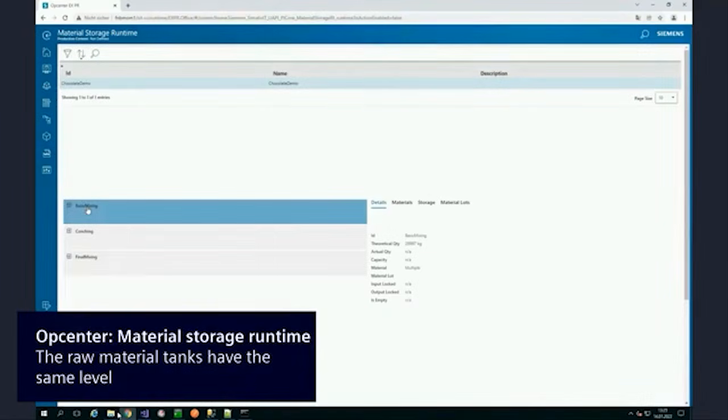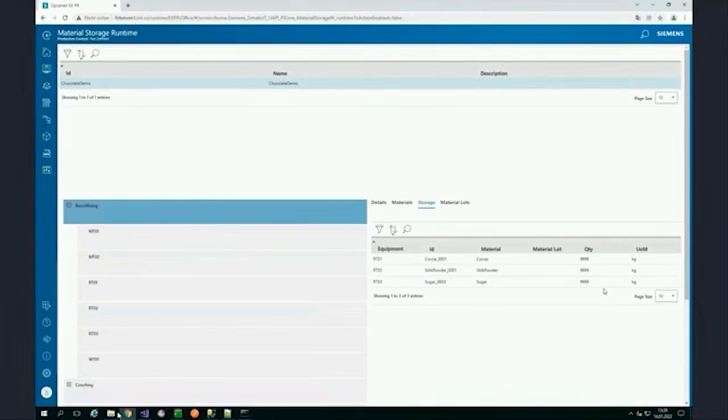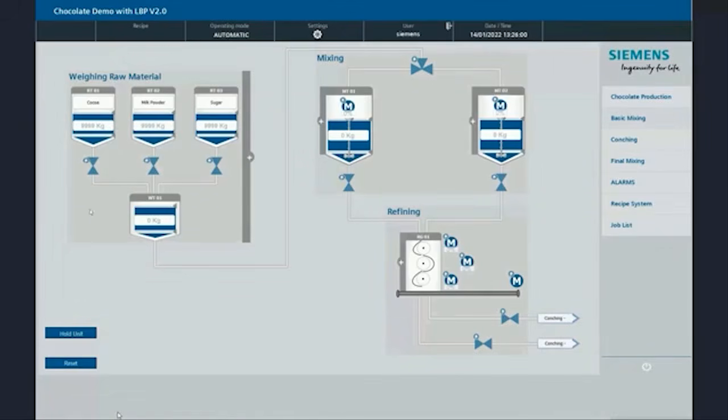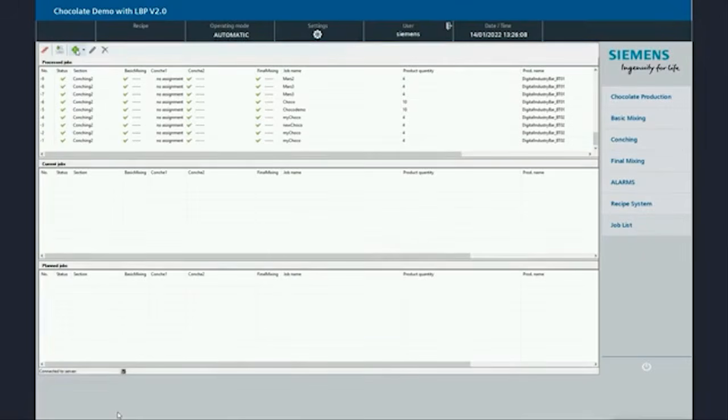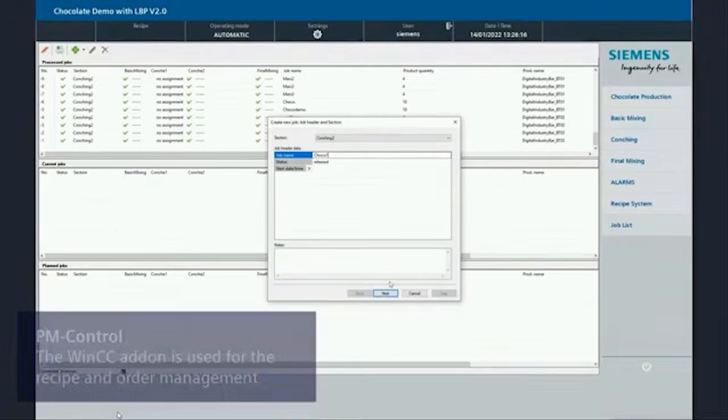So we have the basic mixing area with the related storage tanks. And in the storage tank, we see that the quantity is synchronized up to automation. So what we're going to do next, let's start the production of a chocolate bar. We use PM Control, as said, and therefore create a new job for a new chocolate bar.